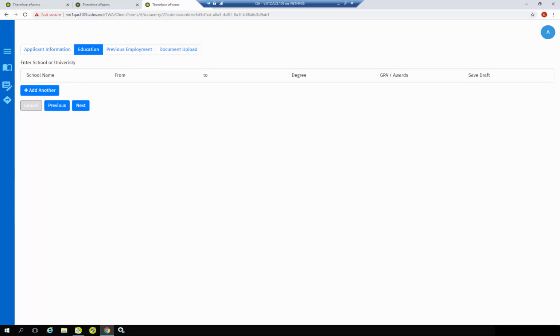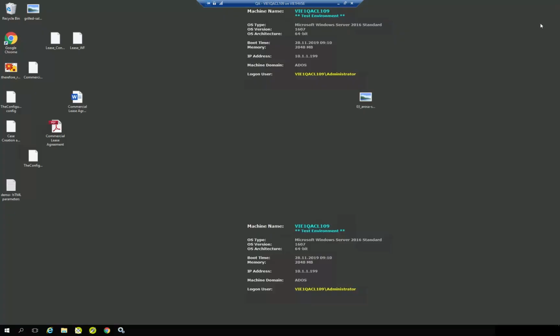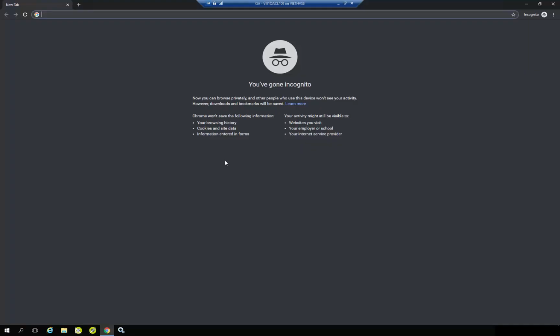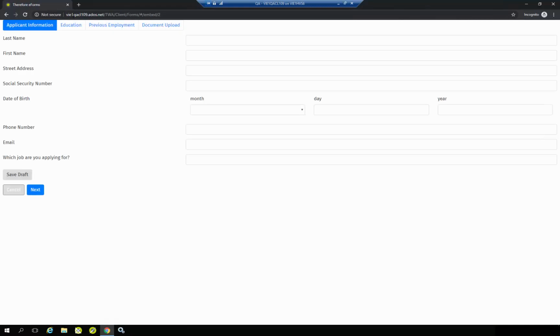If you're an anonymous user, I want to show you what it looks like as an anonymous user, because if you're an anonymous user, you won't have access to the forms designer. So here is the link. I added the allow anonymous flag at the end. So what you can see here, if I fill out this form here,